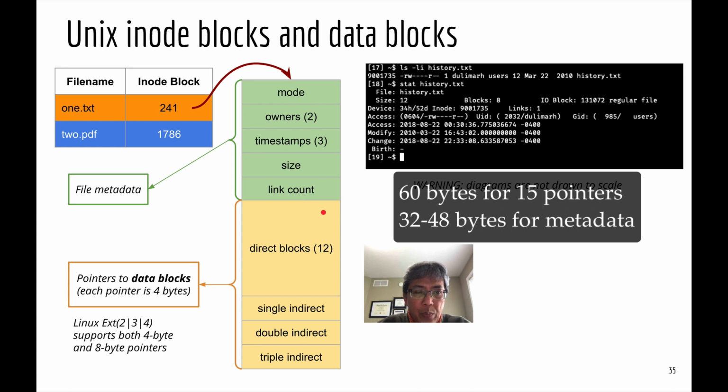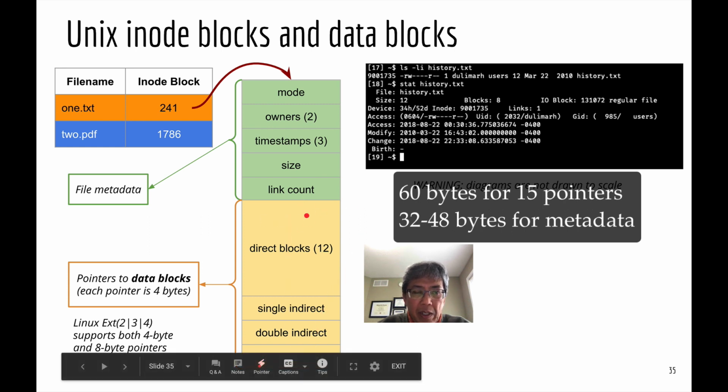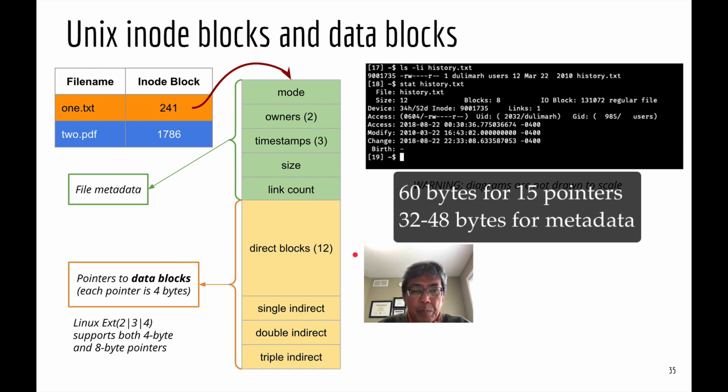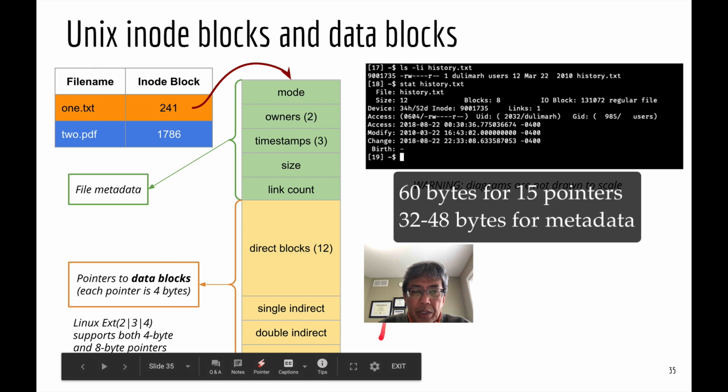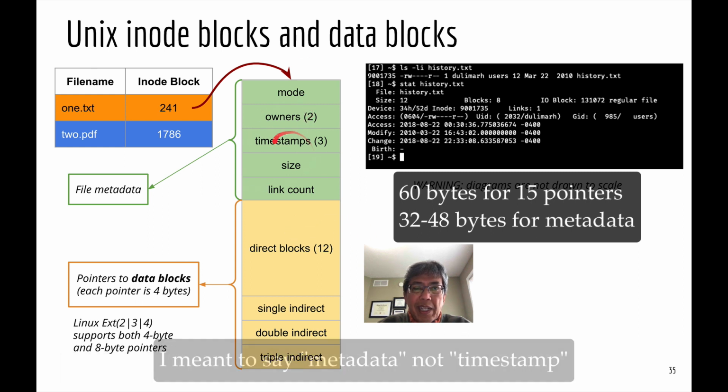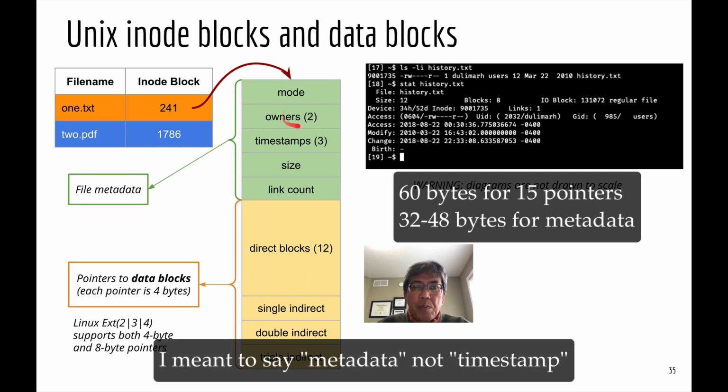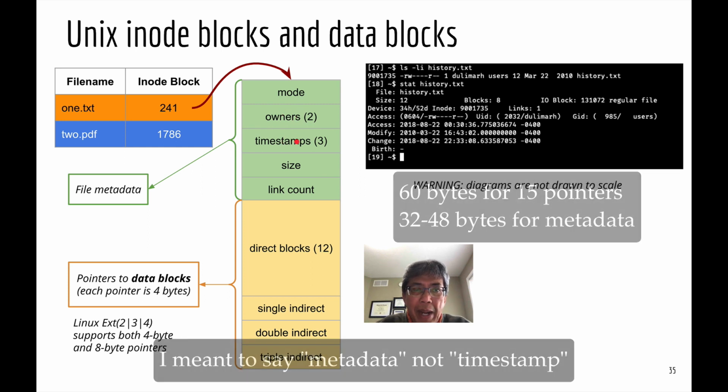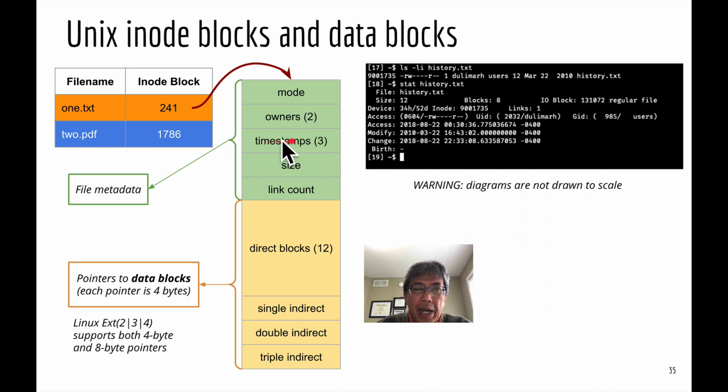How do we get 90 bytes? Well, if you count the number of pointers, we have 15 pointers, 12 from here and then 3 from here. So total of 15 pointers. If each pointer is a 4-byte address, then total for the pointers would be 60 bytes, and the total for the timestamp will be between 32 bytes to 48 bytes,